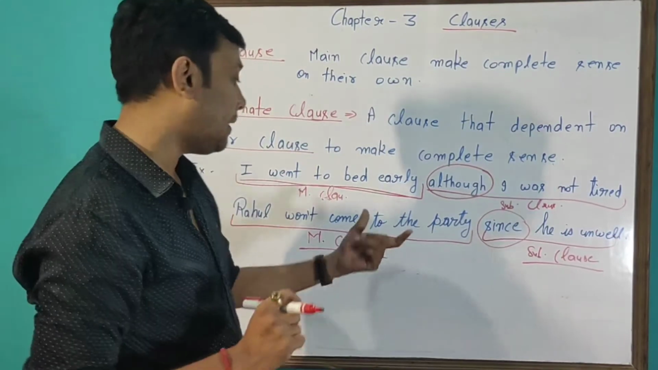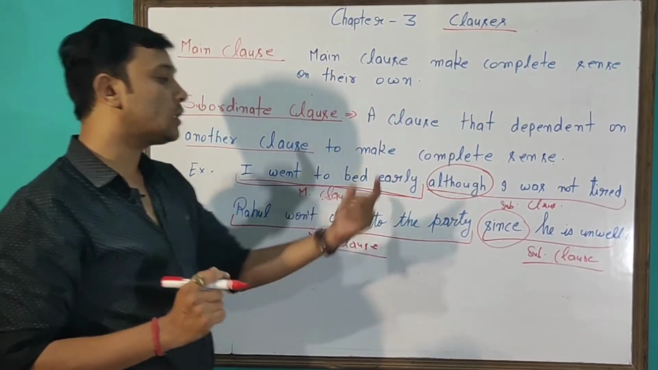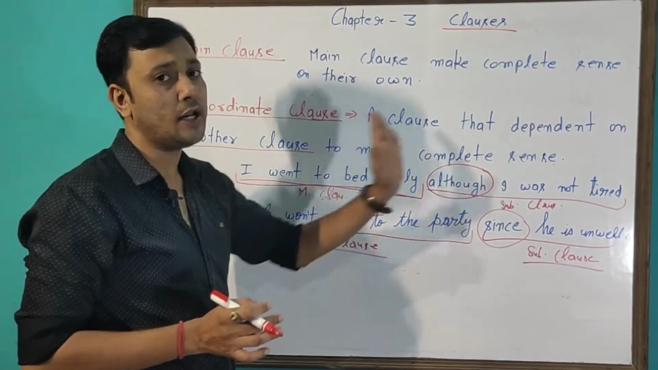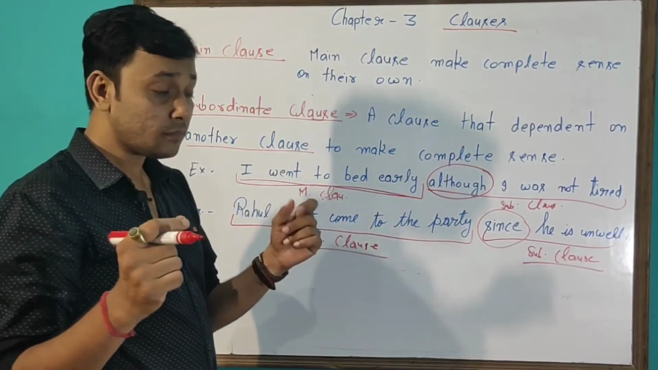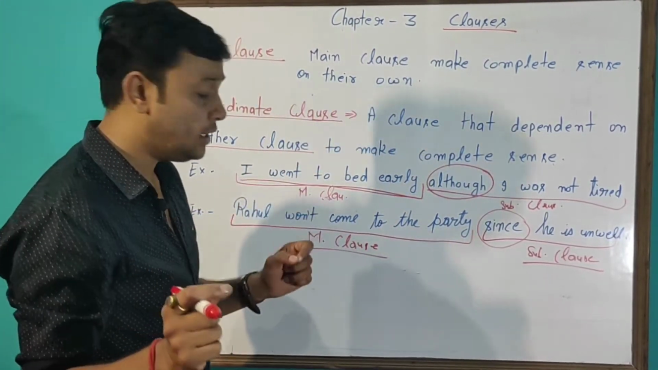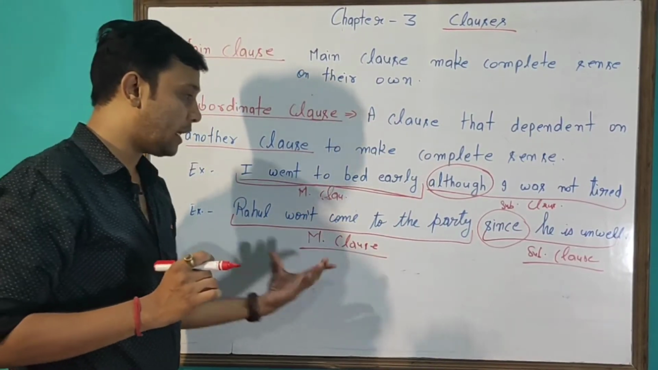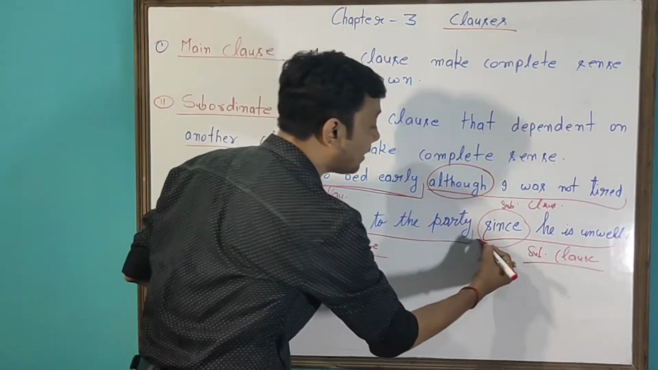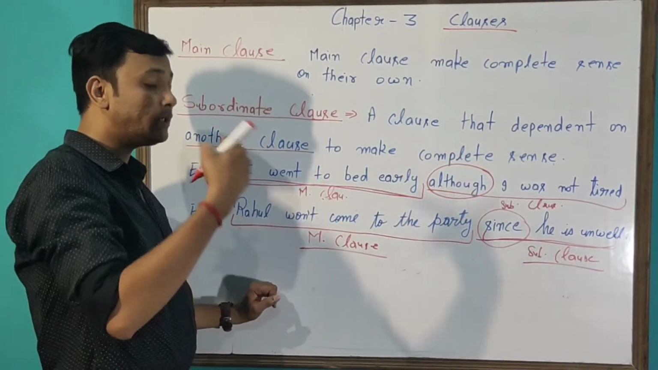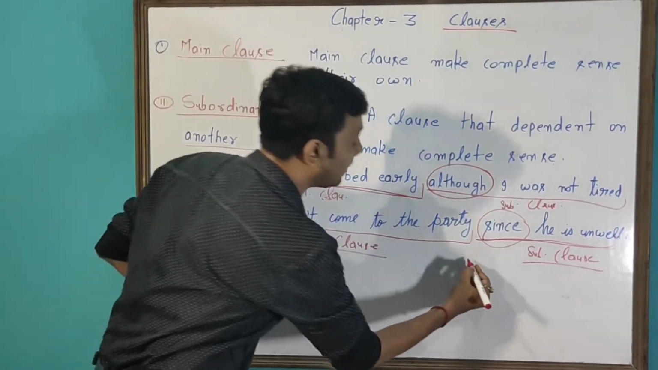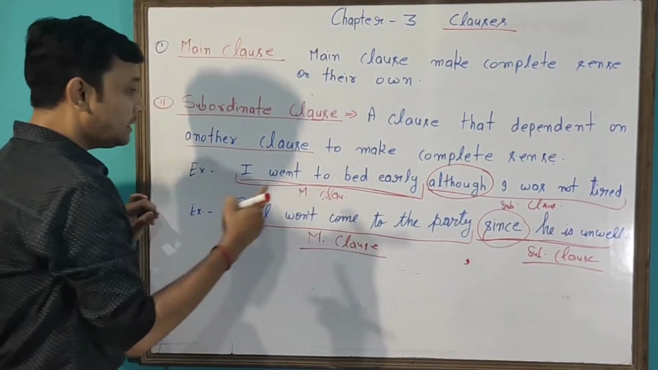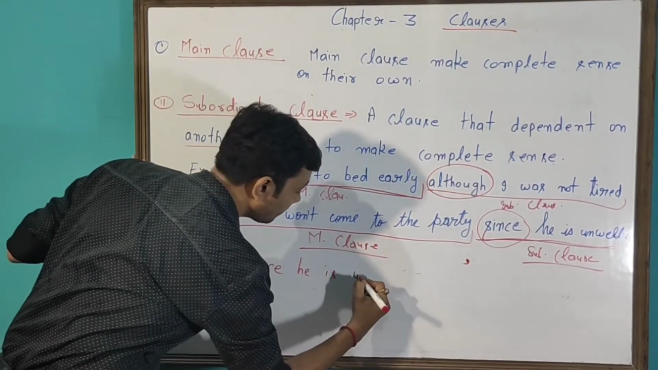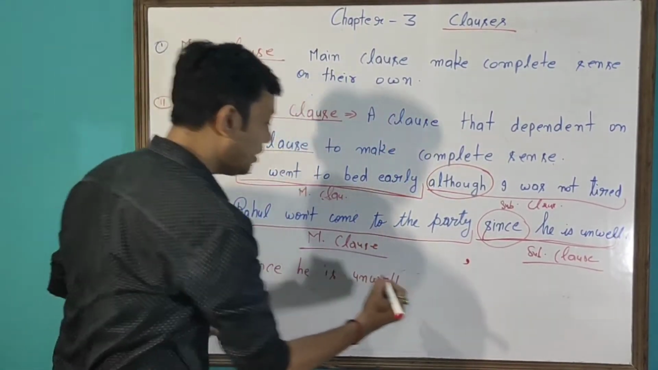It is not compulsory that the main clause will come in the beginning and the subordinate clause in the end. No, either part can come in the beginning or in the end. There is a little bit of confusion, so let me clear it. If the main clause comes in the beginning, then the subordinate clause is followed by the subordinate conjunction. If the subordinate clause comes in the beginning, then the main clause is followed by the comma. For example, since he is unwell, comma,